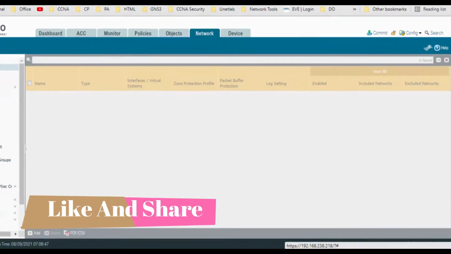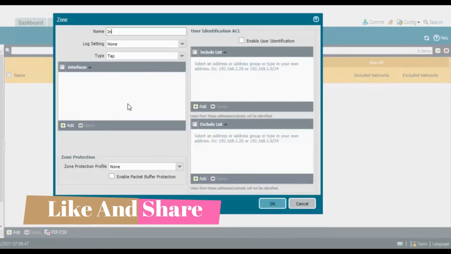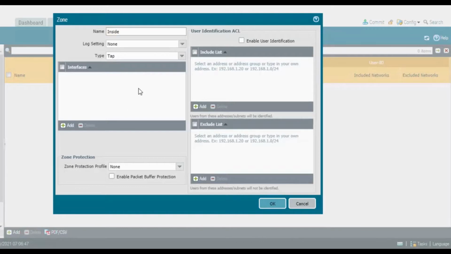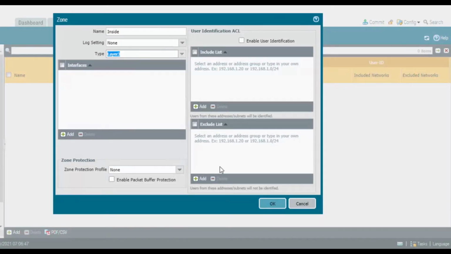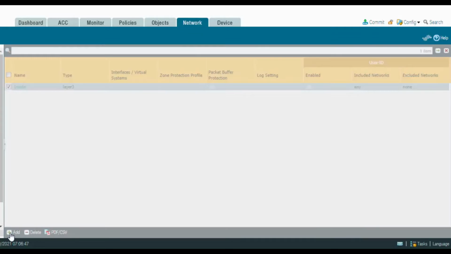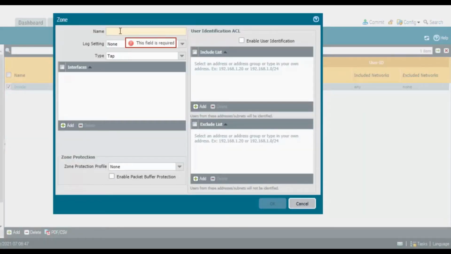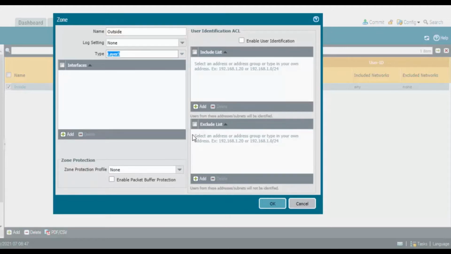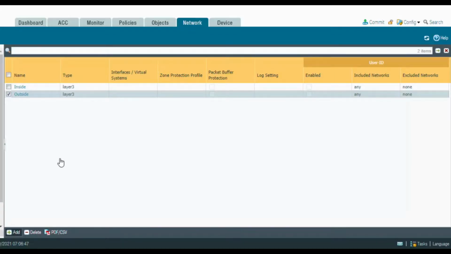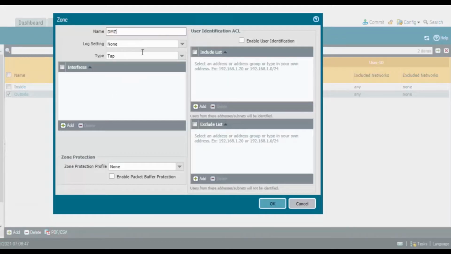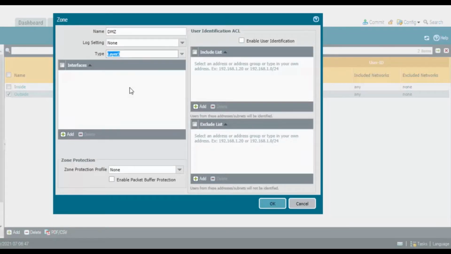I will create 3 zones. One is inside, and type should be layer 3, and one is outside, and type should be layer 3, and one is DMZ, and type should be layer 3.